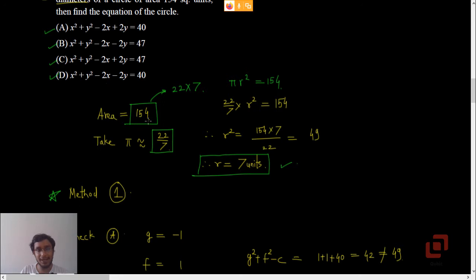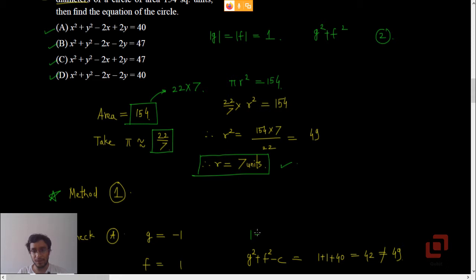For option A as well as options B, C and D, you may have observed this, that mod of g and mod of f, everything is equal to 1. Correct, the modulus part. So when we talk about g squared plus f squared, that is going to be 2. But now we are interested in that circle whose radius is equal to 7 units. Let us try to find the radius of the circle in option A. How much is g squared plus f squared minus c for option A?